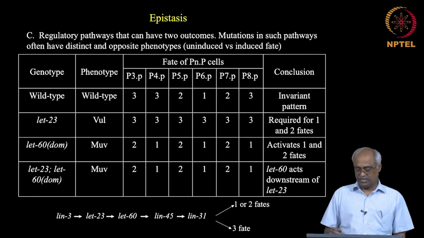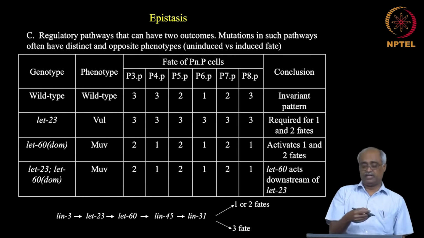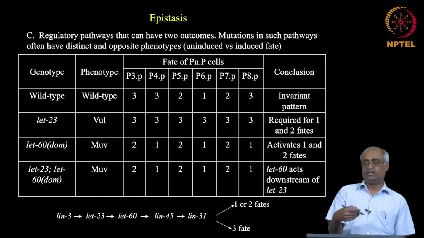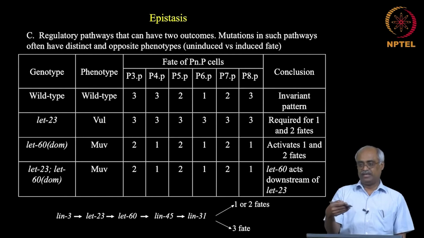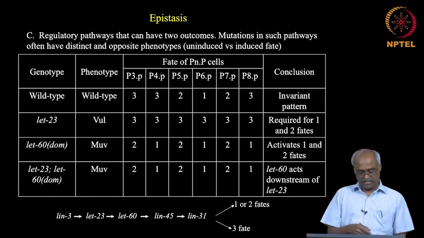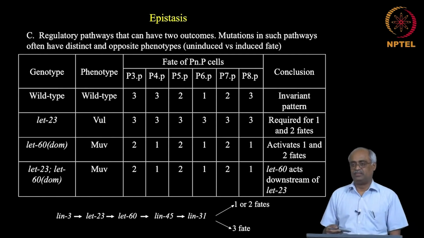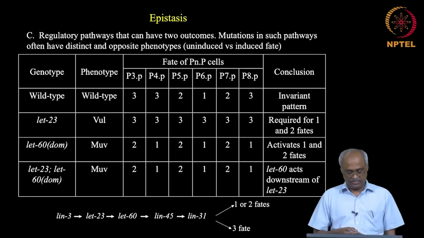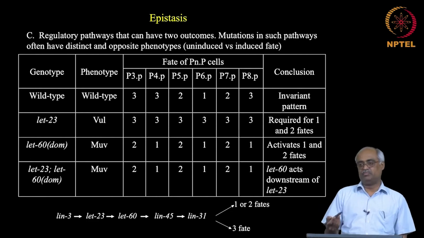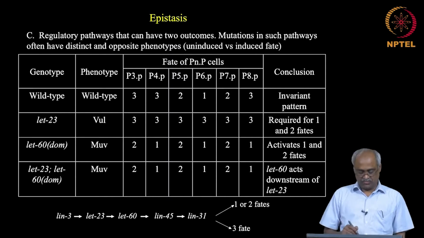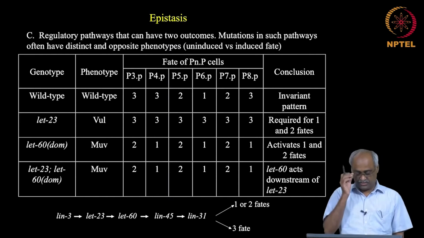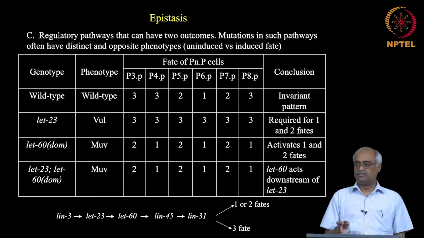So, two things you are learning, assuming that one did not do the cell lineage. Here you are learning that PNPs need to be made, then only you can make the tertiary fate cells. And second, and more importantly for the purpose of this discussion, Lin26 acts upstream of Let23. So, if Lin26 is not there, the earlier block happens. Through this, what you find in these two situations is that an earlier block is epistatic.